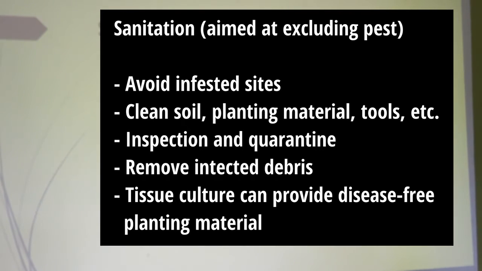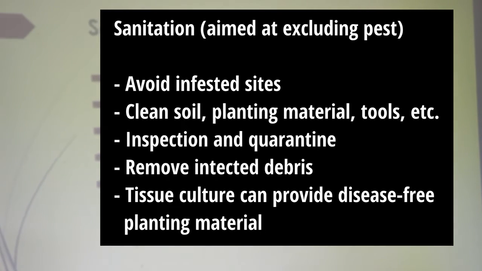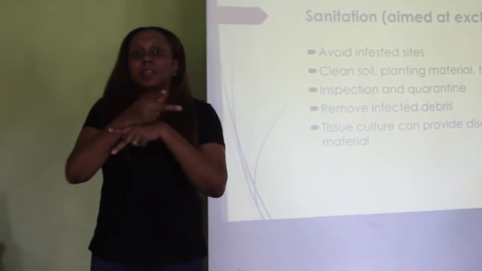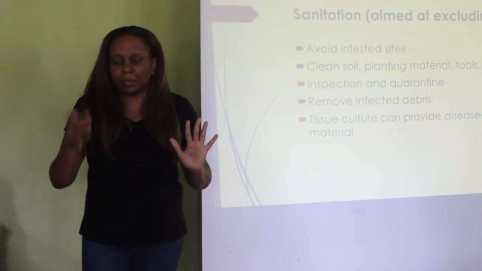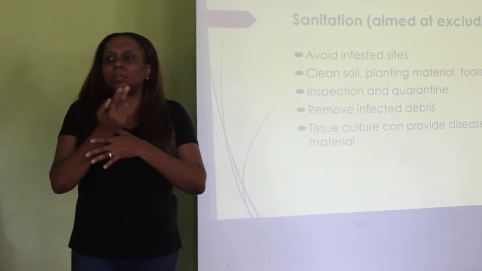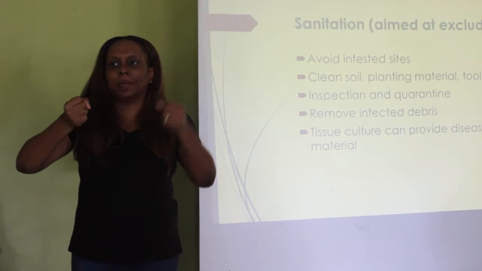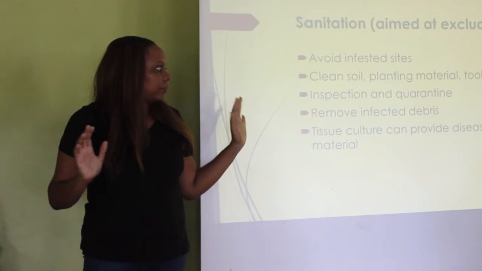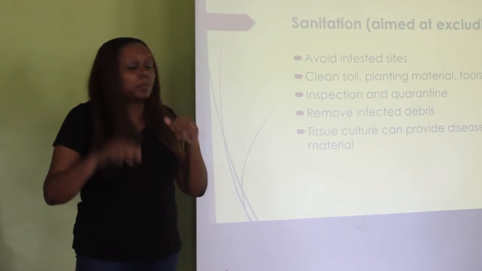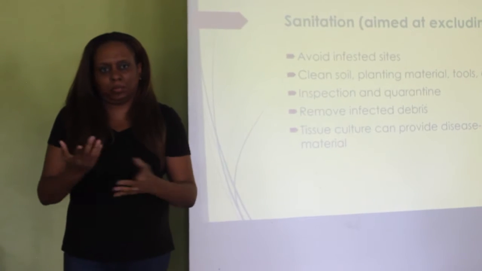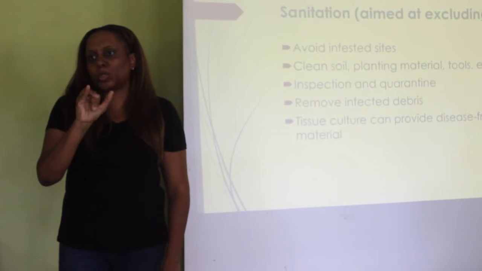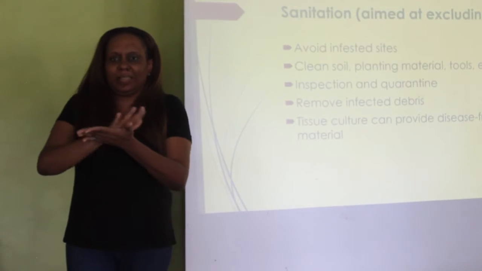Now we have to take care of our sanitation. What we talked about just now was sanitizing, taking out your plants that are defective, and avoiding infected sites. We did that earlier in our lessons about choosing our sites. If you have sites that are affected, you avoid them. So you clean your soil, and you have to choose clean planting material, clean tools,